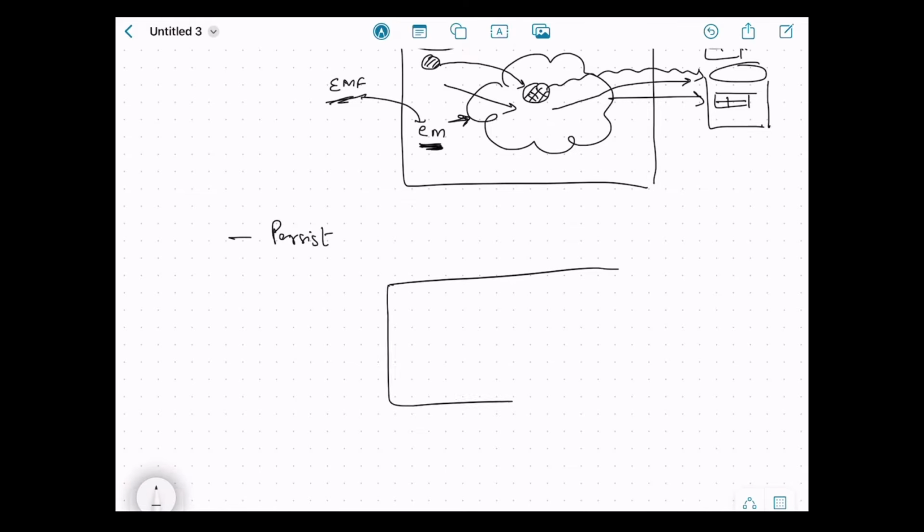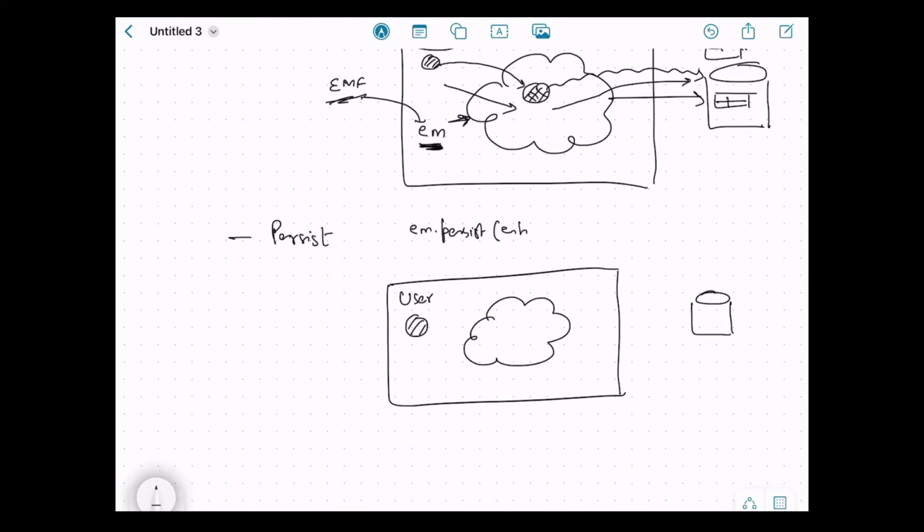So suppose we have the same application boundary, and in the application boundary we have the persistence context, and here we have the database. And suppose we have a user entity and we want to create or insert a new record for the user entity. So in the application, we will create a new object of user entity. Then we call the persist method of Entity Manager and we pass this entity to this method. Now this method will add this entity to the persistence context. All right. And when we commit the transaction, Hibernate will trigger an insert query to store this data in the